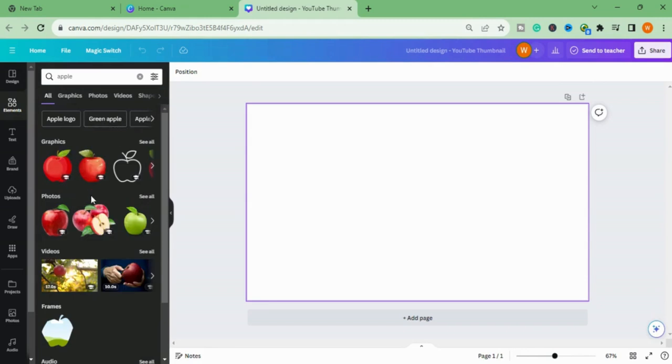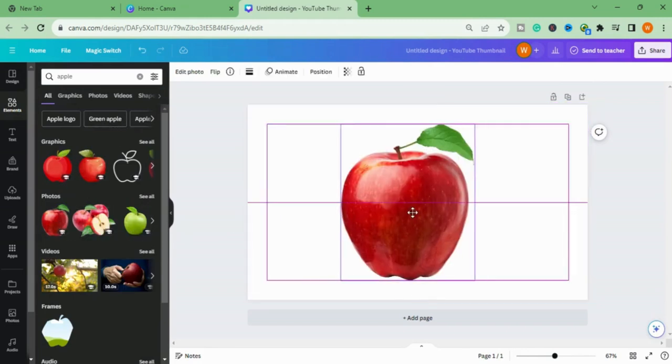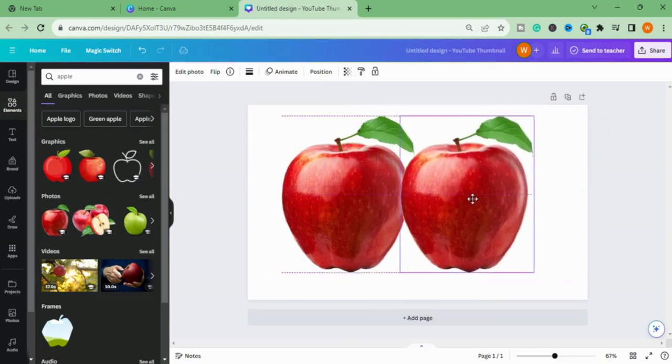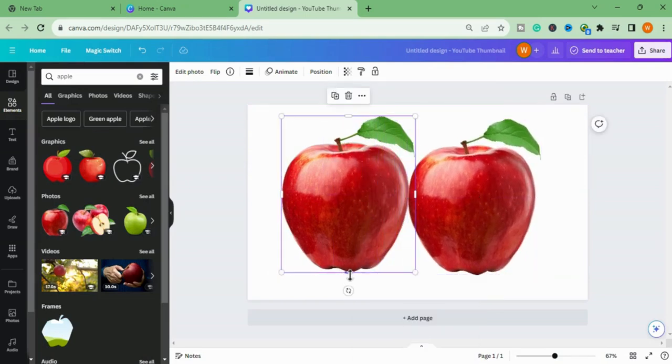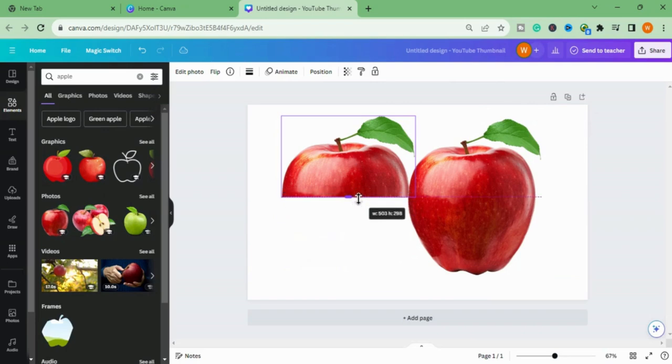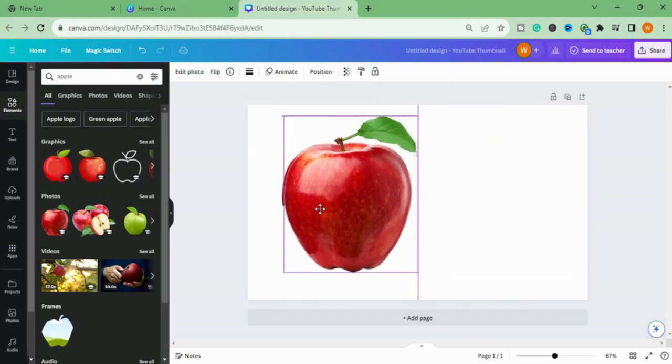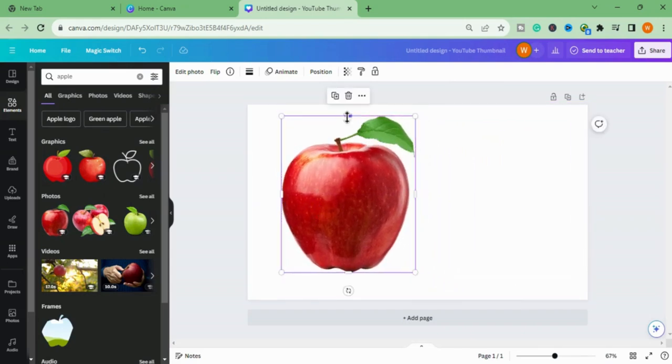I will choose this one. Now I will duplicate it. Now I will cut this image with the slider like this. Now I will drag this image here and cut the image from